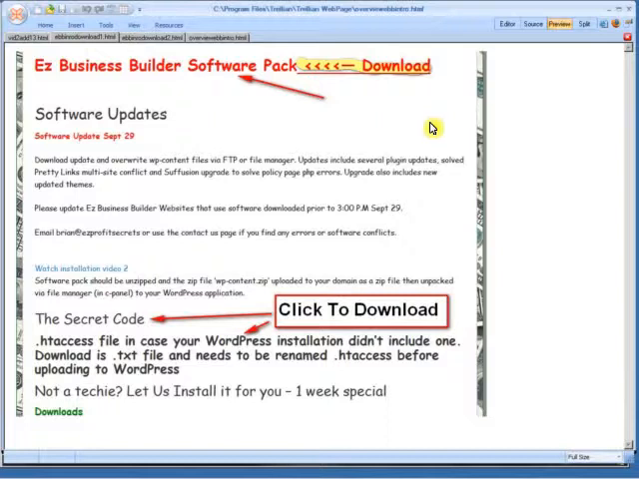called Easy Business, or whatever you want to name it, and you need to download the software. This is an image of the download page, in which you just click on the link to download the software, or you can right click and then click Save As to that folder on your desktop so that you have everything together. Once you download the Easy Business Builder software pack, then you need to download or save